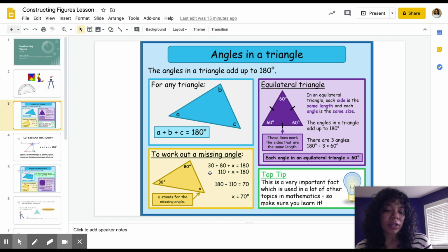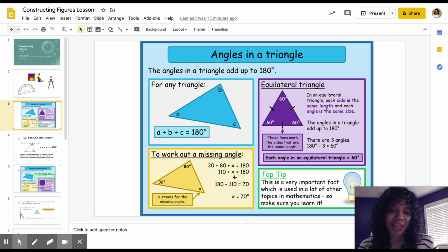Why this is really important is that when we're doing questions in math in the future and for this lesson, it's a great way to figure out missing angles. So if you're given a shape and you're told that one of the angles is 80 degrees, one is 30, then you should be able to figure out the third angle by just adding up these two, 80 and 30, and